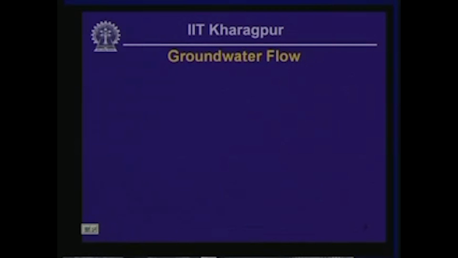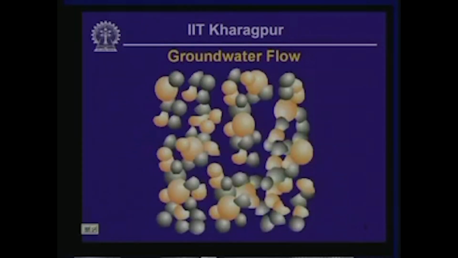Okay. Now, with those concepts, we look at the process of how groundwater flows from one point to another. Now, let us consider a matrix of solid particles of that type, and you can see that there is a lot of void space in between the solid particles, and some of these void spaces are interconnected and cut right through the matrix. So, these are the void spaces that are going to take part in conducting groundwater flow,